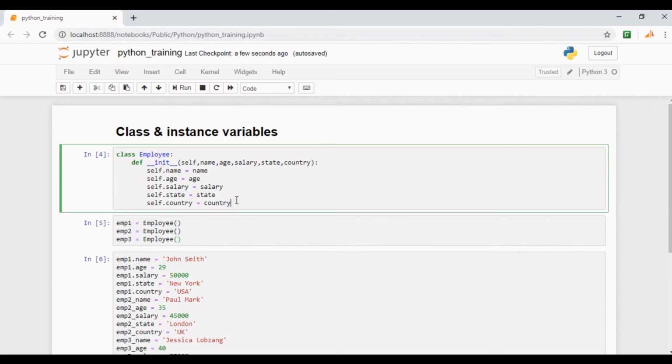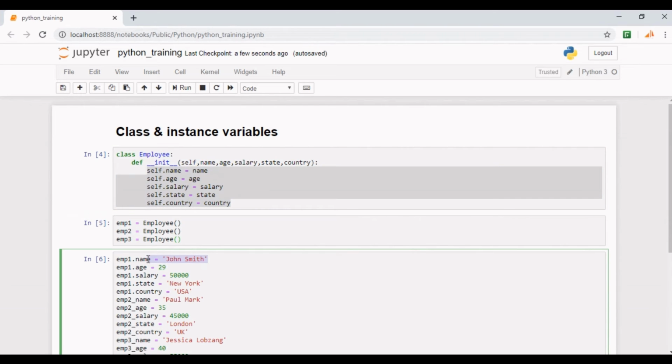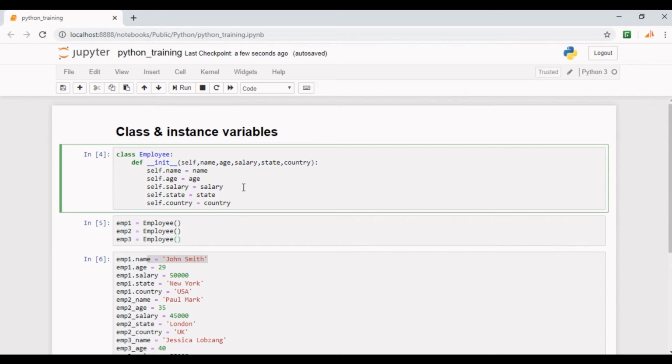Here you can see that initializing variables inside the init method is the same as initializing them outside when not using the concept of class. Here self.name is equal to emp.name. Now that we have defined the class and its init method, let's create an instance of this class, that is, an employee object